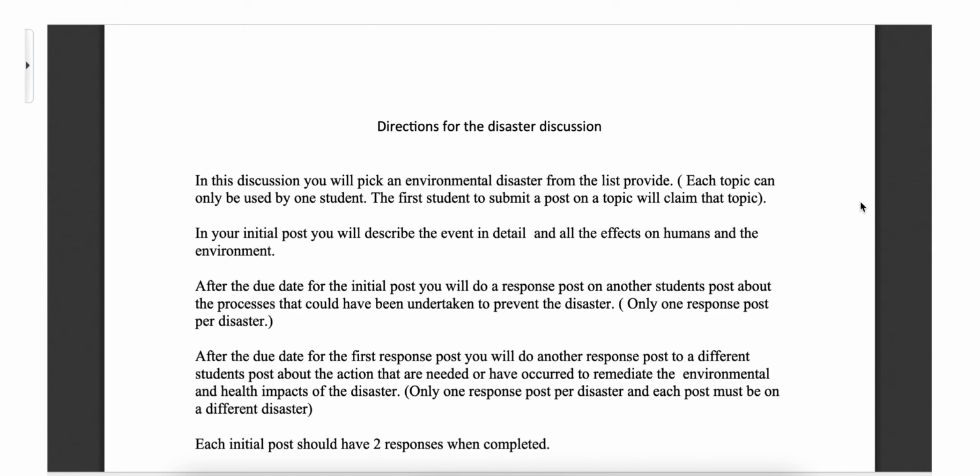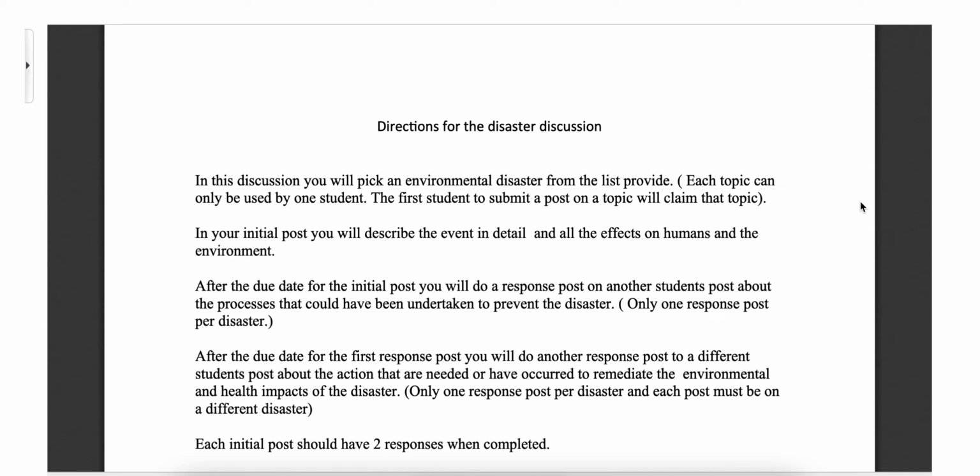And for that second response post, you're going to be detailing the actions that are needed to remediate the environmental and health impacts of the disaster. So these could be things that are needed if it's a more recent thing, or it could be things that have already occurred, or a combination of the two. So looking at the Chernobyl example,